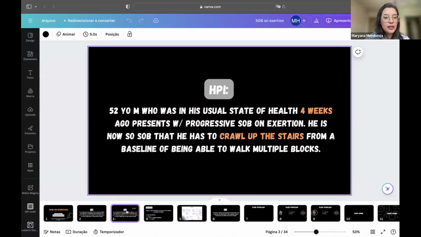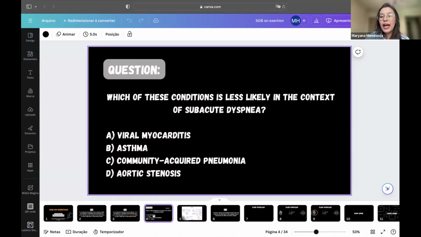And only with this pace of data, we can know two main pieces of information here. The first one is the subacute nature of the disease, appearing over 4 weeks. And the second one is how dramatic it is, because the patient could walk and now he has to crawl up the stairs. And just to warm up a little bit, I would like to ask you all,